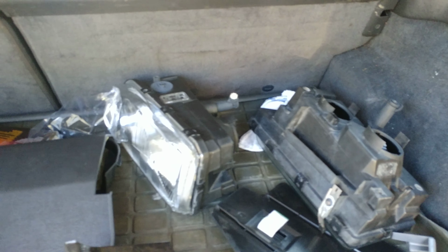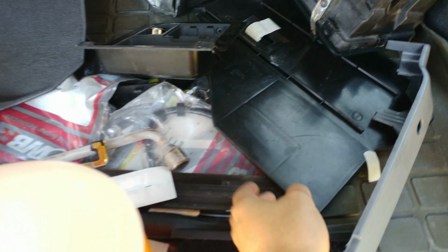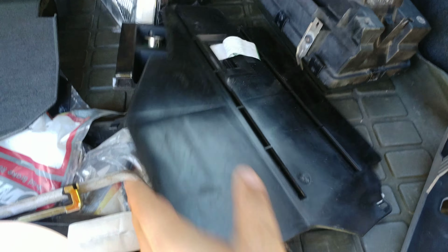Comes with a spare set of headlights. Comes with all the trim pieces that a previous owner took off of the car with the intention of more than likely replacing the heater core that's not currently hooked up. They have that bypassed, so